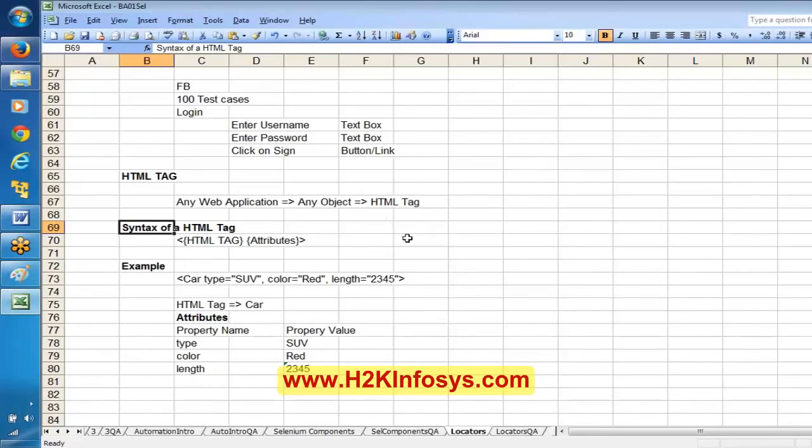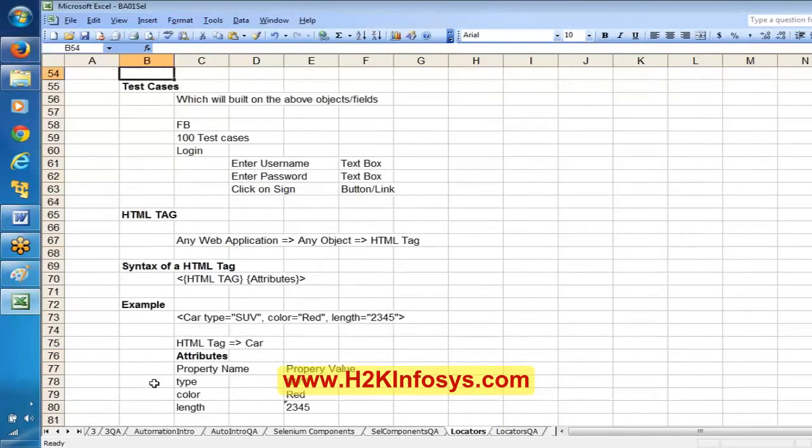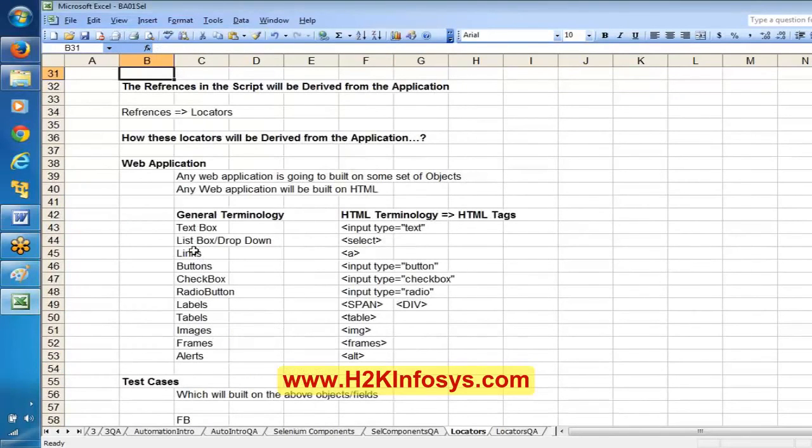Now similarly, I was talking about some general terminology. When you go for any real application, it may not have just these objects. It may have some extra objects also, some customized objects, and they will have some customized tags.